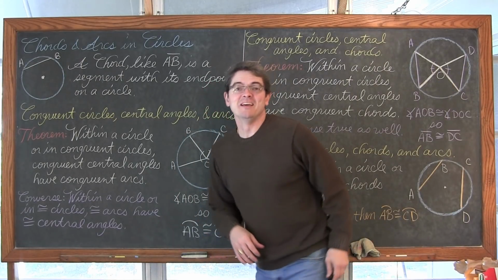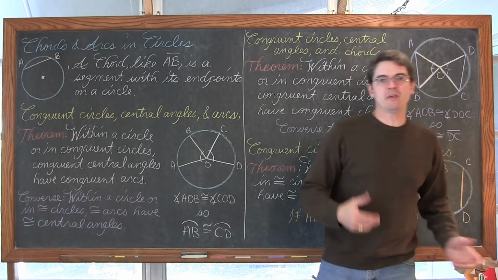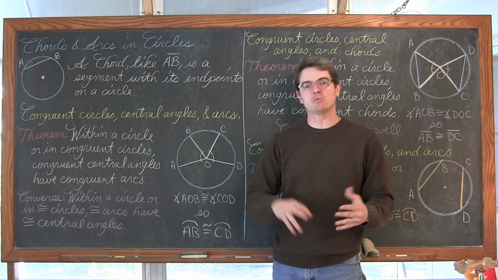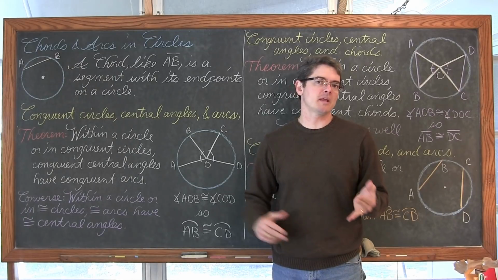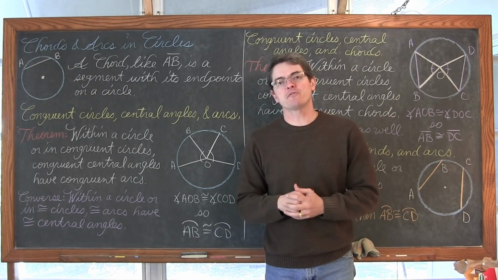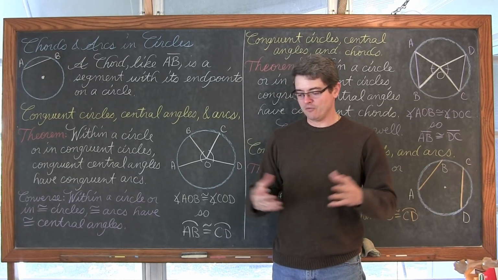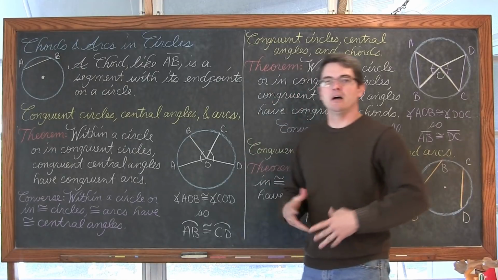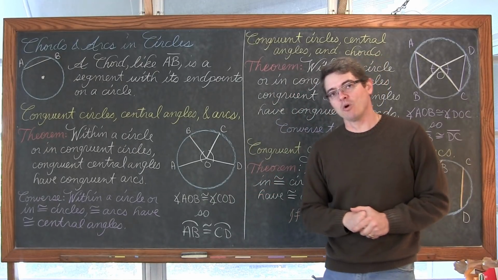Mr. True. In this video, we're going to walk through, or be introduced to, quite a few theorems showing the relationships between chords, central angles, arcs, and diameters inside of a circle, and then finish with 5 examples where we find the measure of arcs and lengths of radiuses and chords to help you get through your homework.